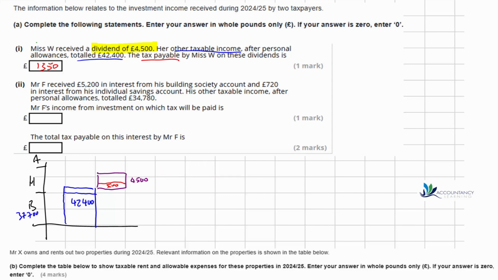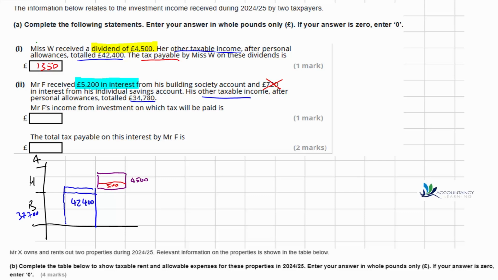Then in part 2, Mr F received 5,200 in interest from his building society account and £720 in interest from his individual savings account. Remember, the individual savings account is tax-free, so it's a method that the government is trying to encourage us to save, and so we don't have to pay tax on interest earned on those ISAs. Now we're also told that the other taxable income after personal allowances is